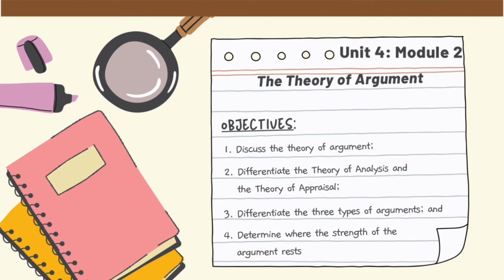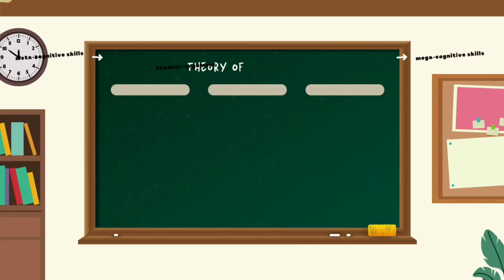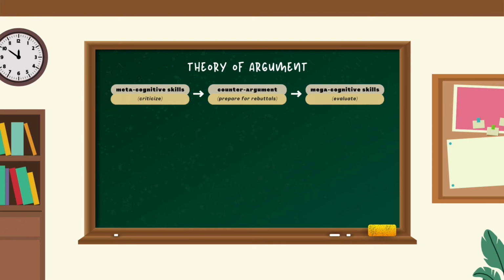Third, differentiate the 3 types of arguments. And lastly, determine where the strength of the argument rests. The theory of argument is assumed to be composed of a step-by-step procedure similar to a computer template that is intended to provide a set of analytic skills for composing an argument, including the metacognitive skills of criticizing the composed argument